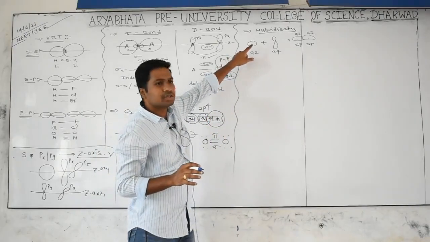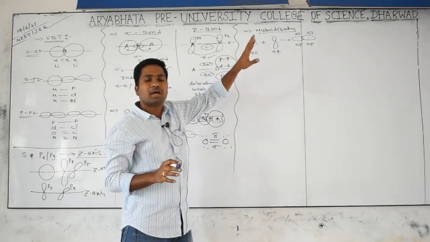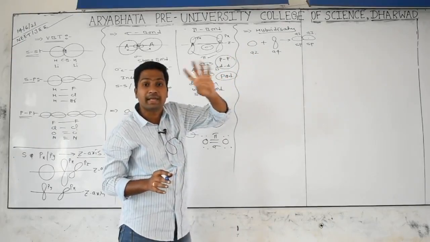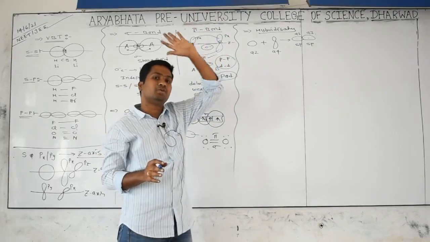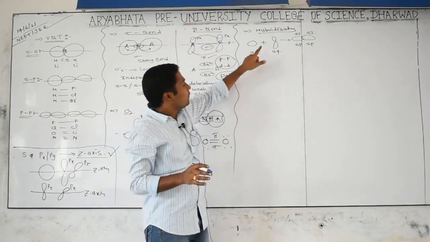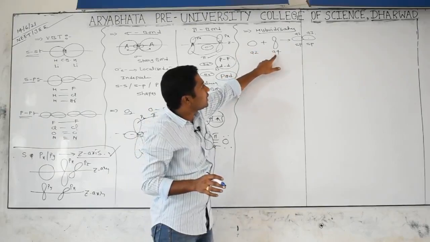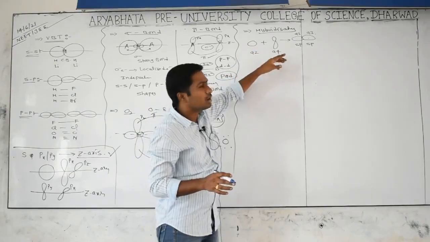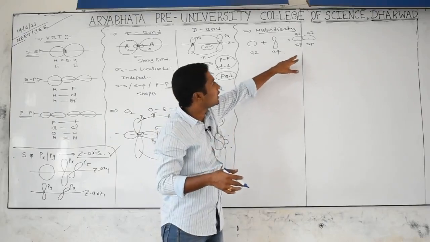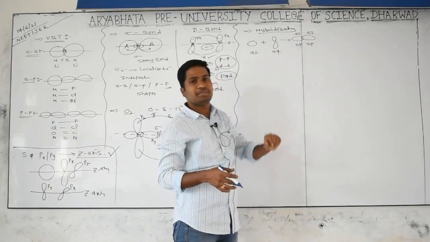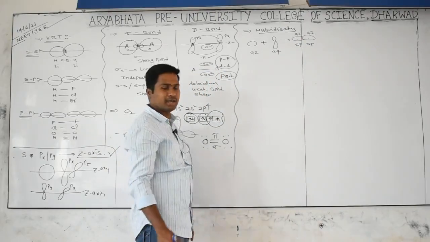Hybridization successfully explains which shape molecules have and what the bond angles are, when molecules do not contain lone pairs. If a lone pair is there, one more theory applies: VSEPR theory. When atomic orbitals having similar energy combine together and we get a new set of hybrid orbitals having the same energy and same shape, the phenomenon is called hybridization.